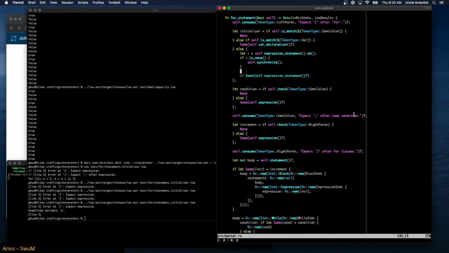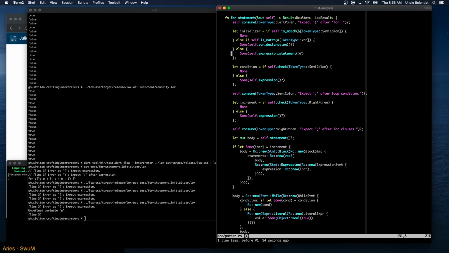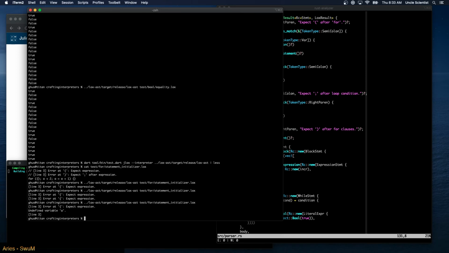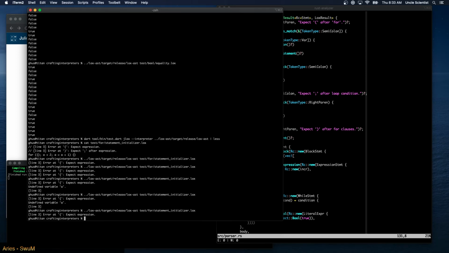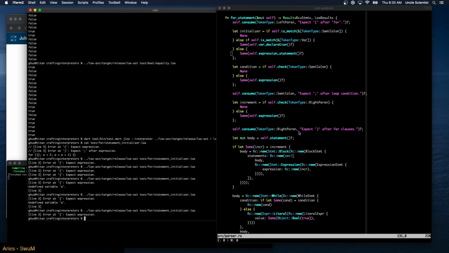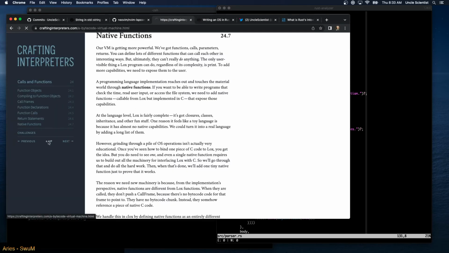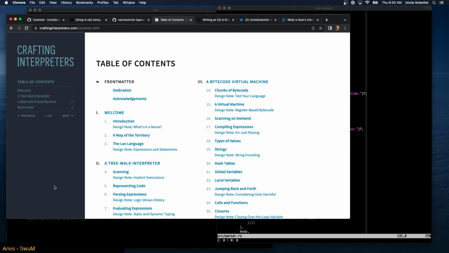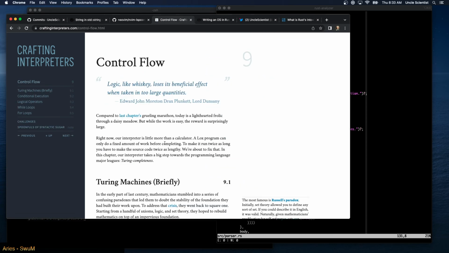Okay, so let's undo all that mess. And we'll get back to the previous, oops, I forgot to wait. There we go. All right, so I guess what we can do is we can look at how it was implemented in JLOX, which is here, control flow, right? For statement.